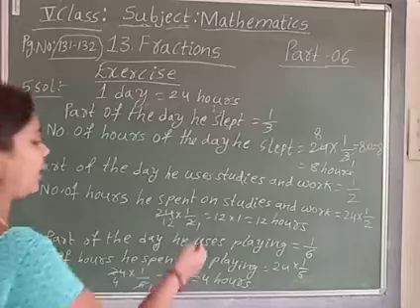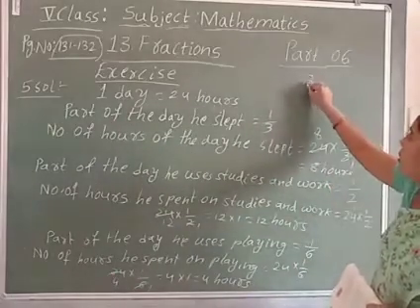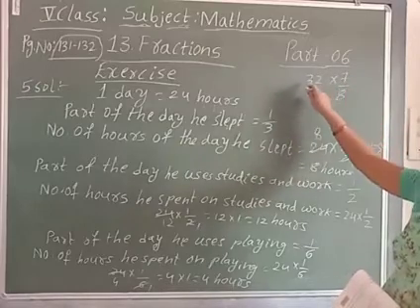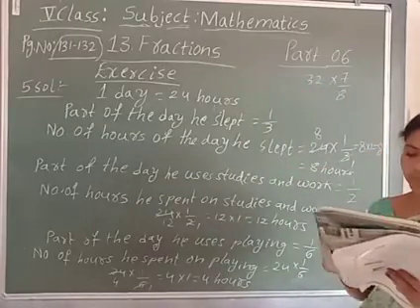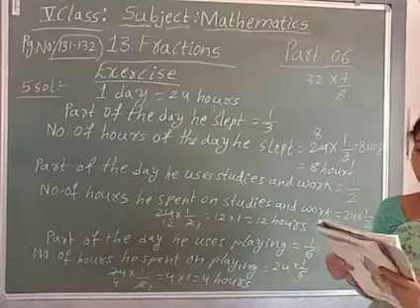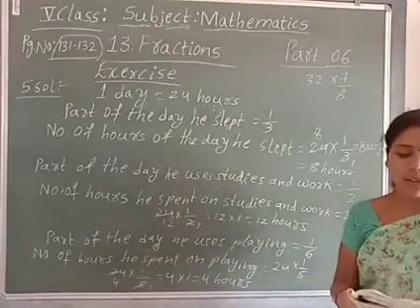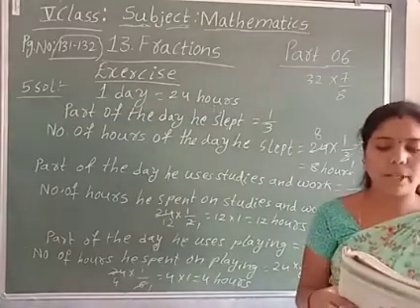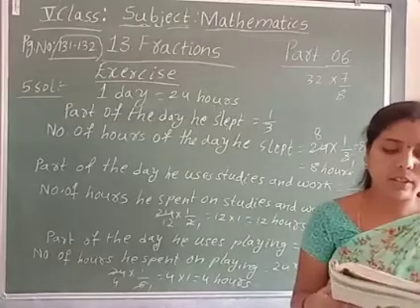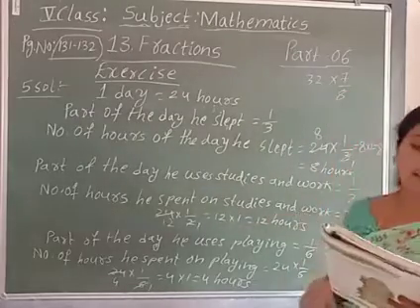Same, you will do now like this. I am giving some hints only, children. Do that only: 32 into 7/8. You will do this and the answer will come. Okay. Next, 7th one also. A class has 32 students. 3/4 part of them are boys. How many boys are there in the class? You will do that. 8th also you will do, children. So 7th one like this only, same you will keep and cut it.